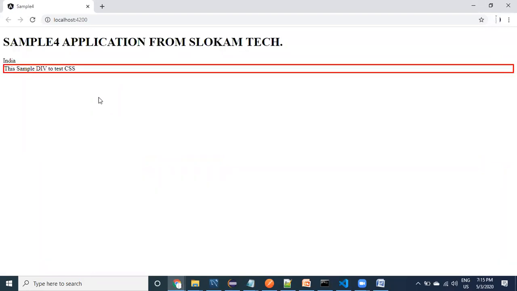See here, guys, I have created a div and the div got the CSS applied. Today's goal is understanding the connectivity between the component class, component HTML and component CSS.